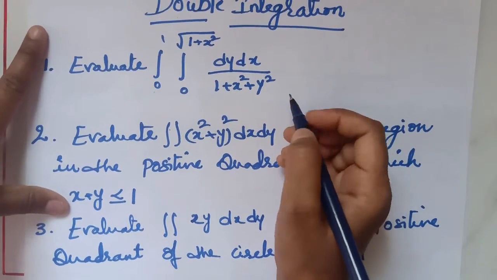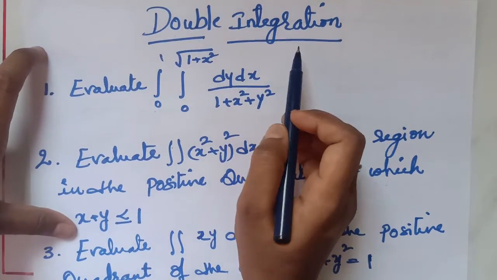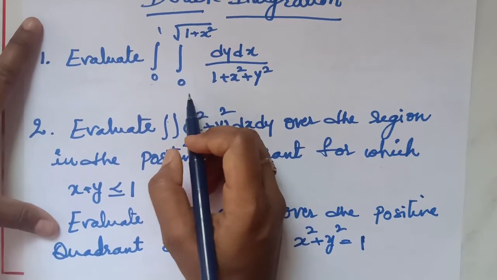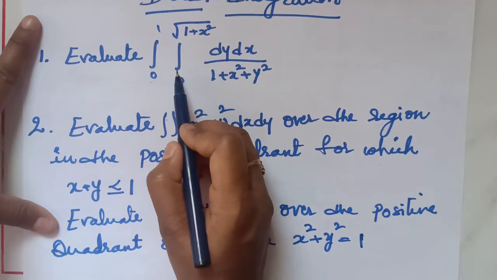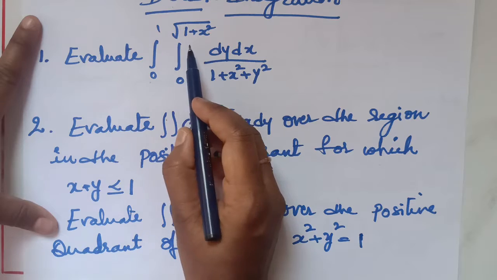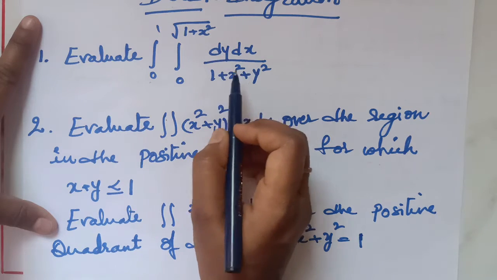Hello everyone, in this session we'll discuss double integration. Here are some problems to discuss. Evaluate the double integral from 0 to 1, 0 to root of 1 plus x square, dy dx by 1 plus x square